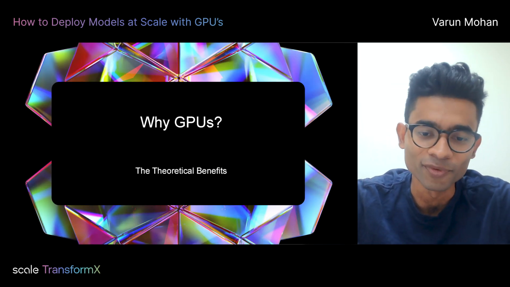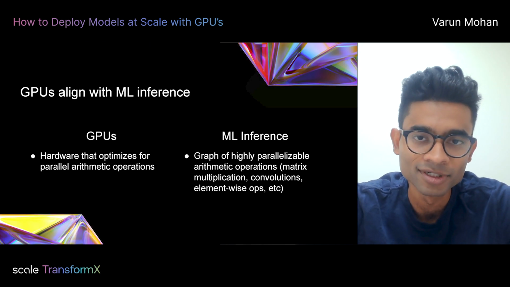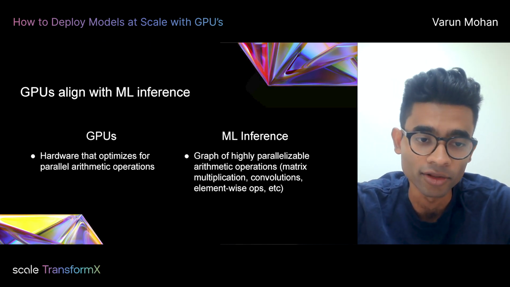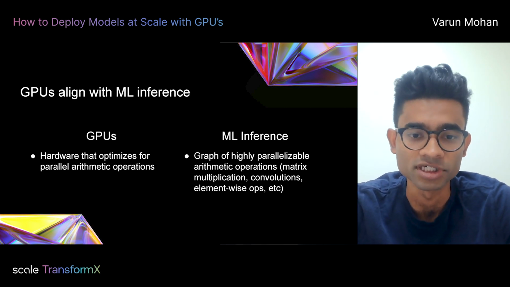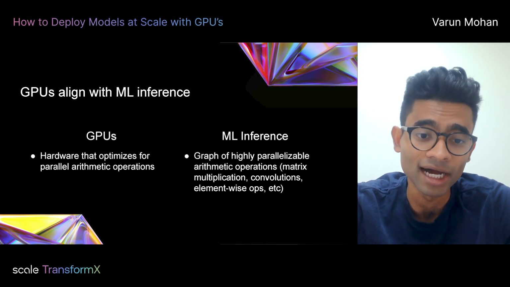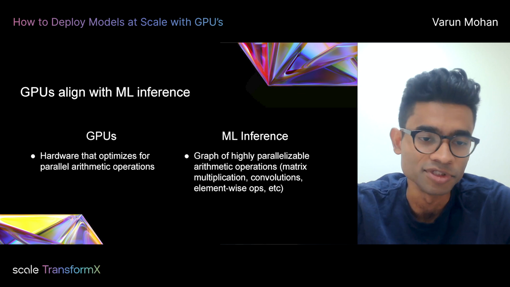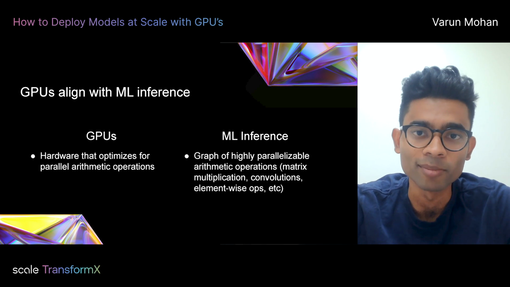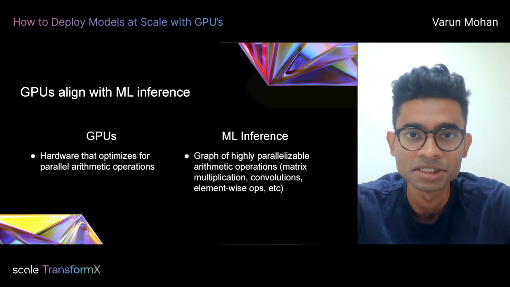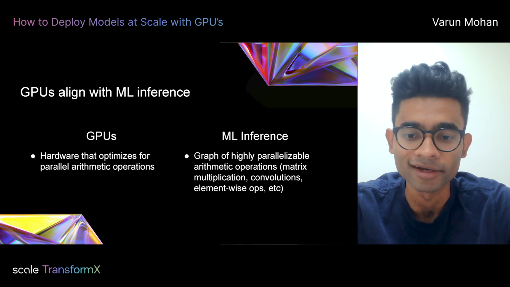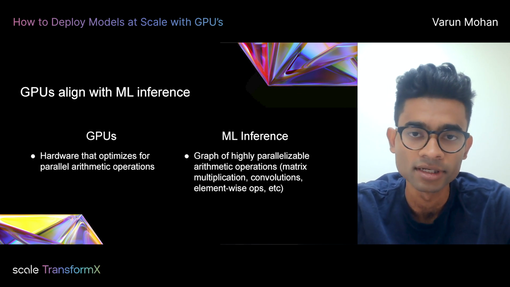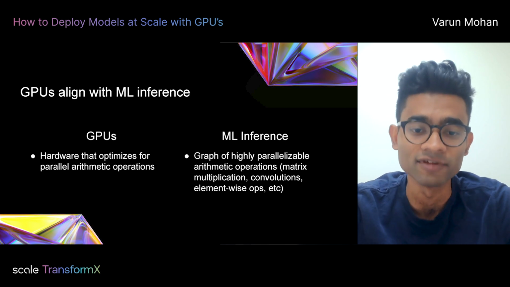We'll just go over some really quick numbers here. GPUs align really well, at least on the ML inference side. It's kind of obvious for a lot of folks why GPUs make sense for deep learning training: workloads are really batched already, and GPUs have a lot of compute. Even on the inference side, though, depending on what kind of operations you're doing, GPUs are extremely parallel arithmetic computation devices. Inference workloads, at least for vision and NLP, still do a lot of math, right? They do a lot of arithmetic operations. And in those cases, GPUs have a significant advantage over CPUs.